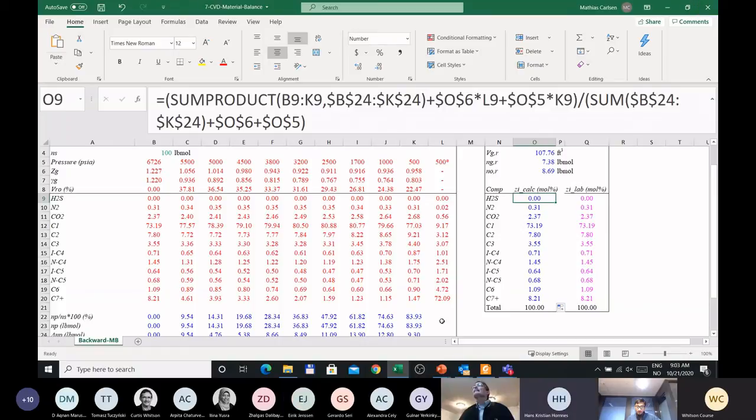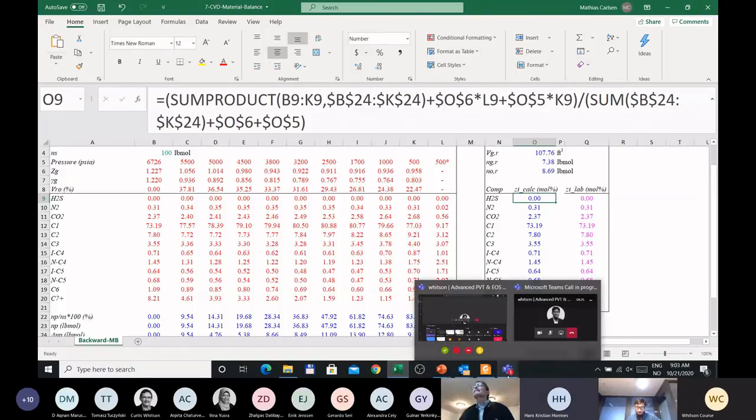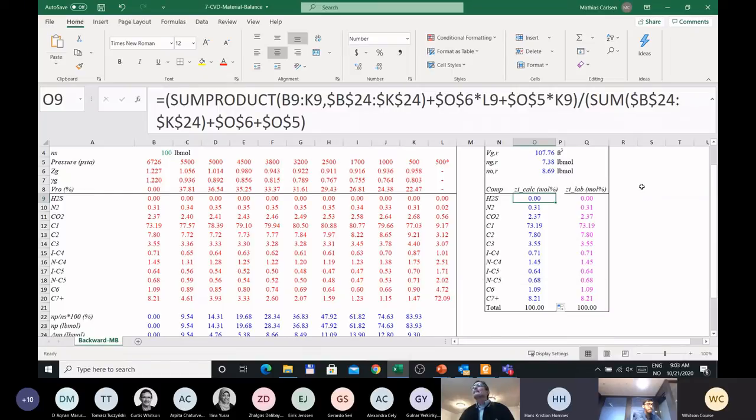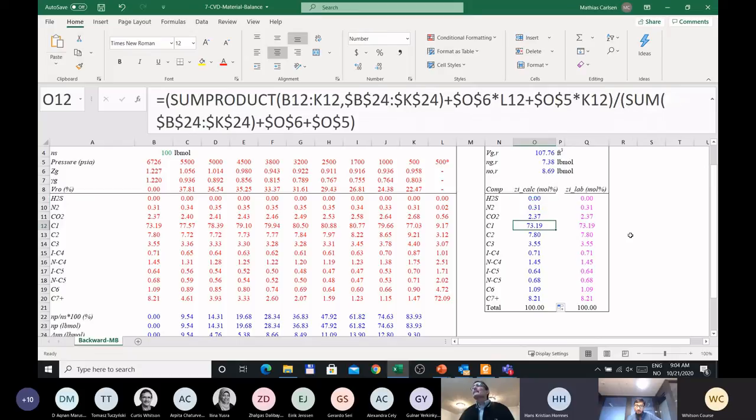Just a comment. You said you definitely will have some deviation between the back calculation and the lab. What limits do you normally accept for different components? Do you have a rule of thumb you normally use? Yeah. So generally, if we talk about backward material balance, we accept 0.5 to 1 mole% difference,